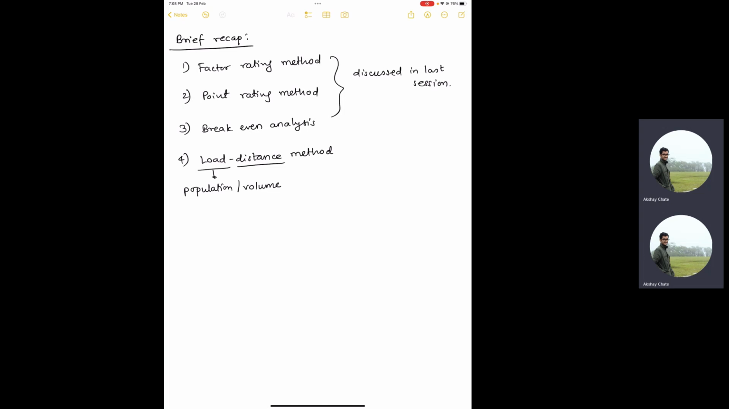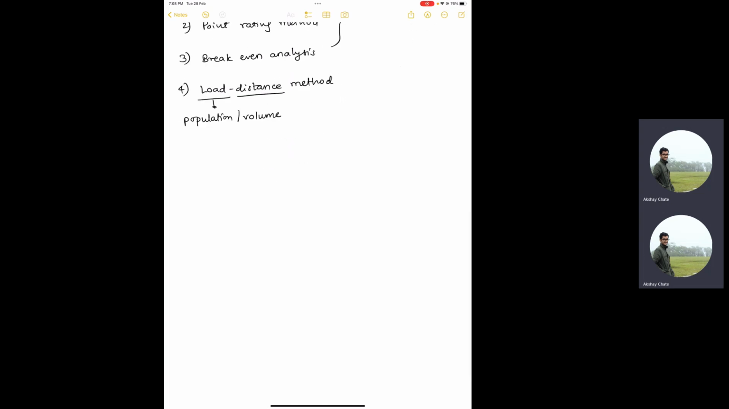One second, I'm looking for an example. Before going to the example,